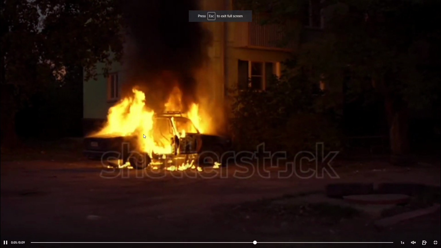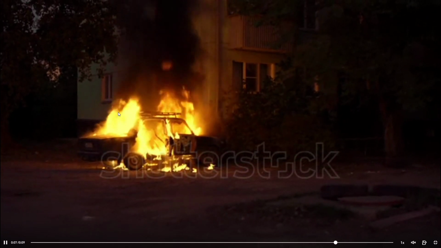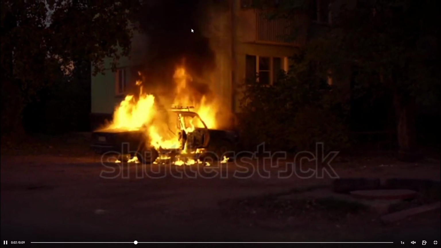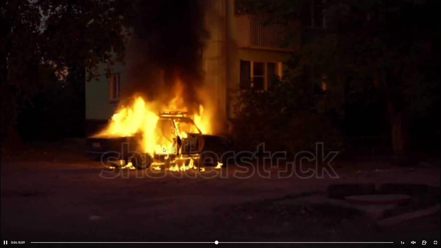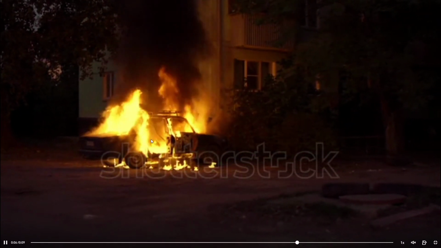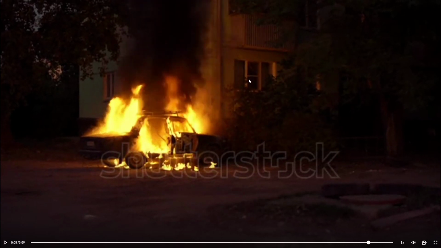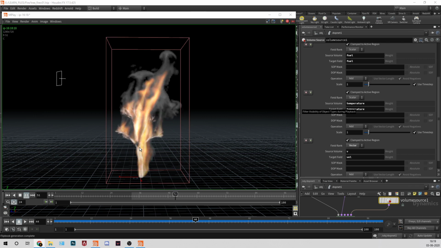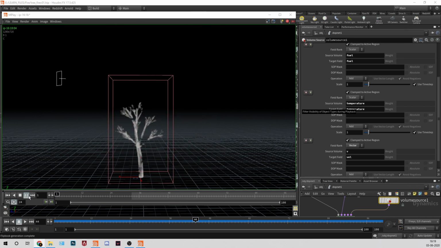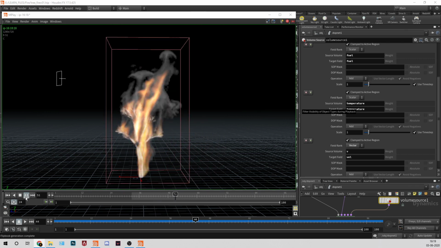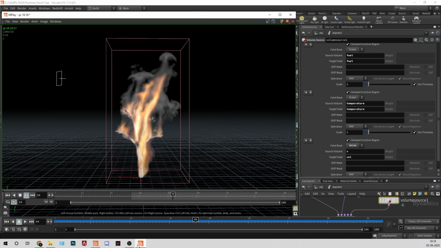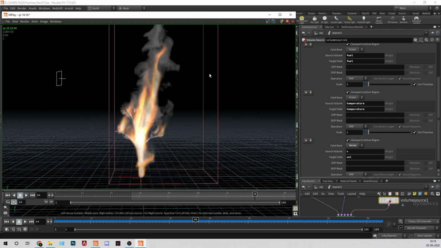I'm just showing with the scale how the behavior is. It is so turbulent, you can see how fast it is, but we don't want this smoke, because this is just because of the petrol and everything which is burning inside. So your material also matters when you are creating fire. So we have wood, so I'll create a very thin smoke which is barely visible, as you saw. Okay, so we have this.